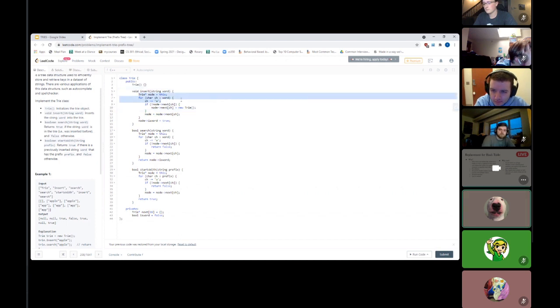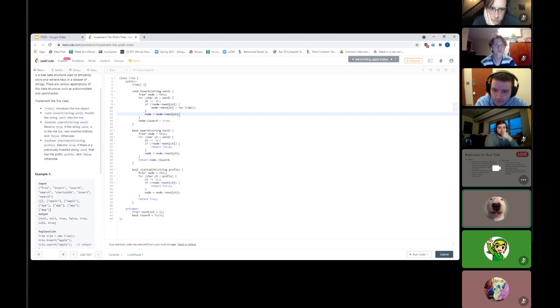You can see we're just doing some C++ shenanigans up here. Then we get down here, and what we're doing is checking through each character in the word. We're going through the subarray of the node and seeing if the next character is contained in one of the node's edges to another node in the trie. We continue downwards, and then we set the node to the next one, and then we can determine whether the word is in the tree. Because if we get to a leaf node, then we're not going to be returning a